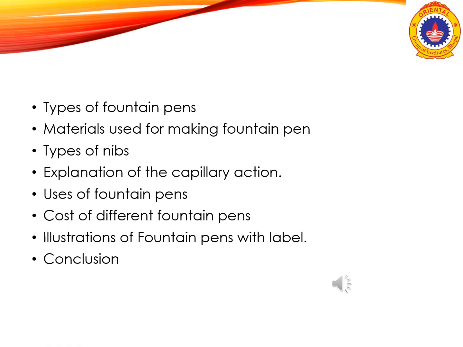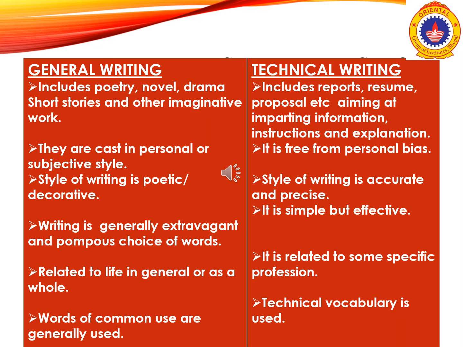So this is the format to be followed while writing a technical description. Let us now see the difference between technical and general writing. Both are different. As the name suggests, general writing means writing generally, about writing an article, poem, or anything. And technical writing means writing a technical piece, for example, a technical definition of any term, like base, velocity, machines, all these things, as we have discussed in the previous sessions. So let us see the basic differences between the two.